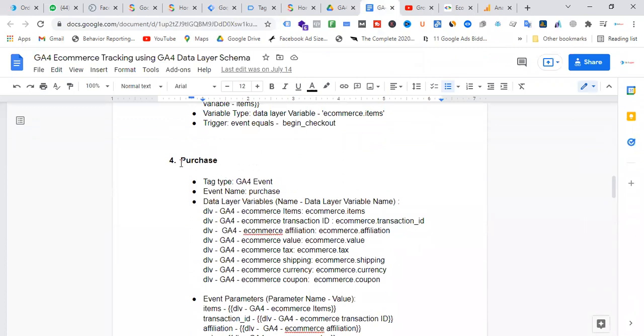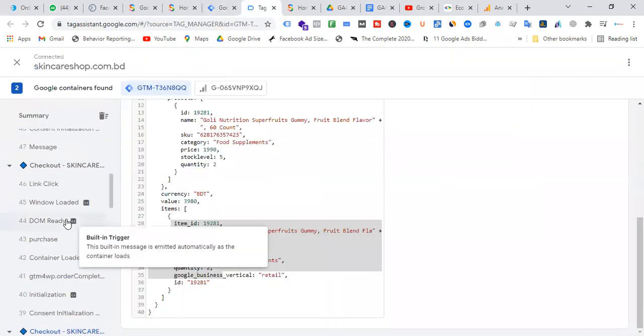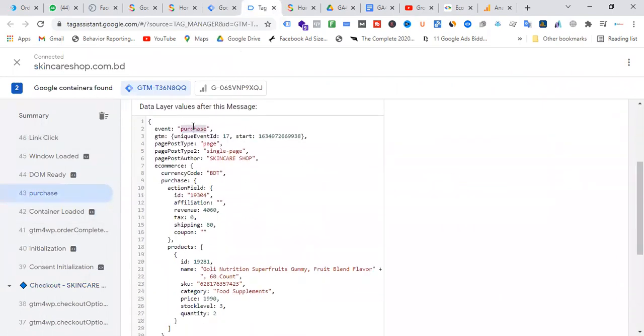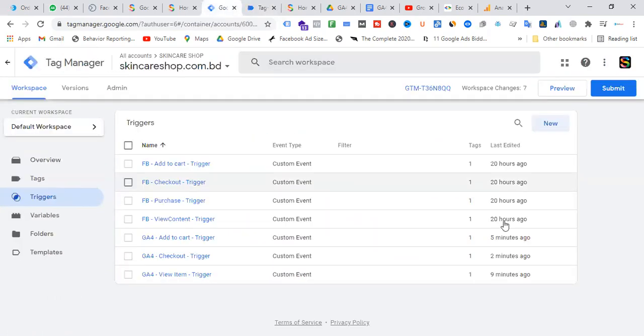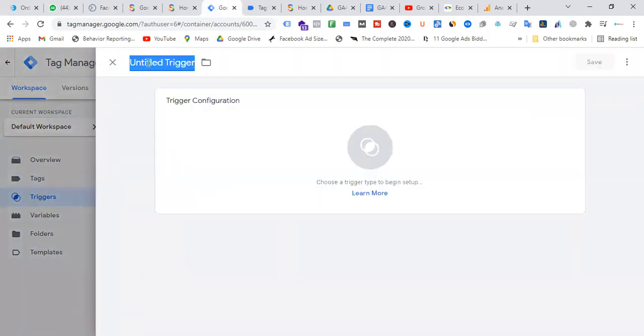Now we will create the purchase event. How? Just go to the trigger section, and purchase means this is the purchase event. Okay, so the event actually fired is purchase. Just select the GA4 purchase trigger.